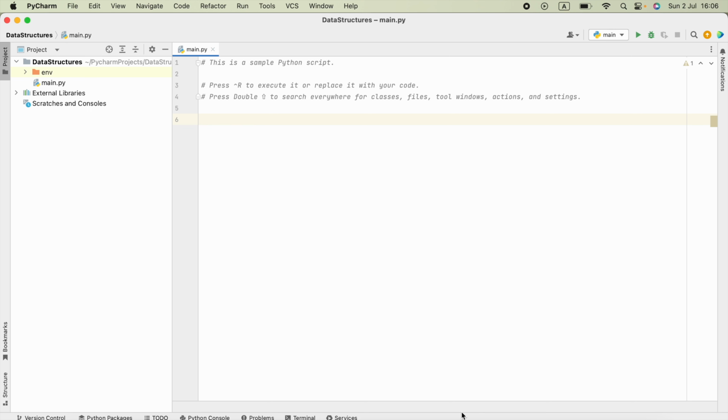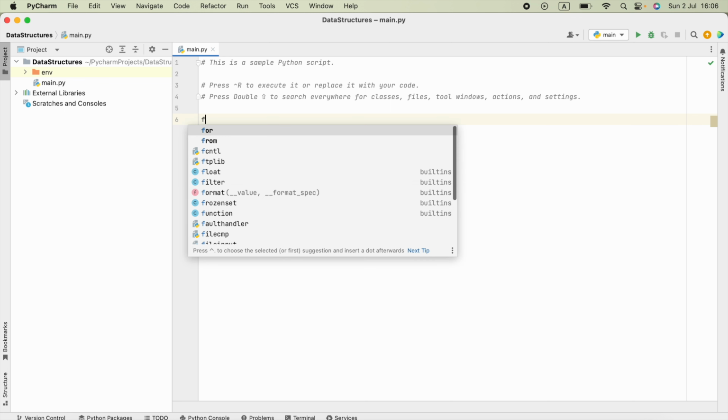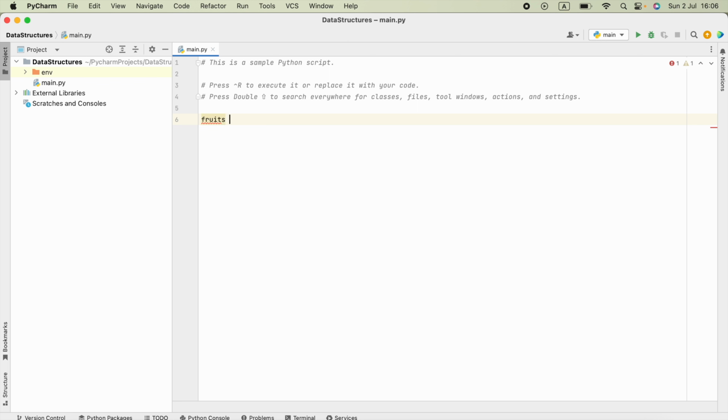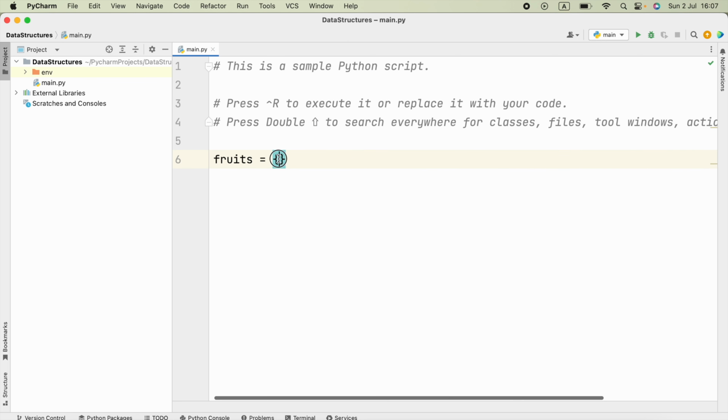Now let's go ahead and see how we can create a set in Python. There are two ways to create a set. First one is using curly braces, otherwise using the set constructor. Okay, let's follow the first way using the curly braces. I'm going to say fruits, set that equals to curly braces. Inside this we can pass in elements, for example apple and orange,